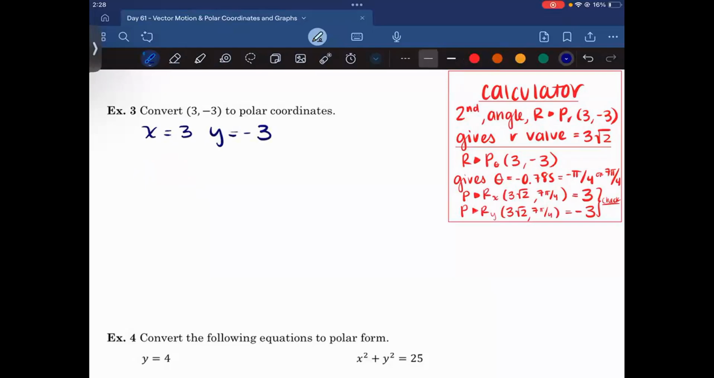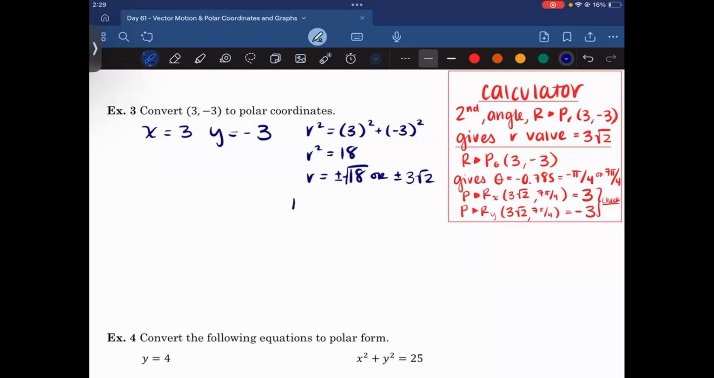And since we're given x and y, I can use that to find our r value. So we have r squared equals x squared plus y squared, and I know that's going to be 18. And r is going to be plus or minus the square root of 18, or plus or minus 3 square root of 2. And we're going to use that to be our r value. And then we have to find the